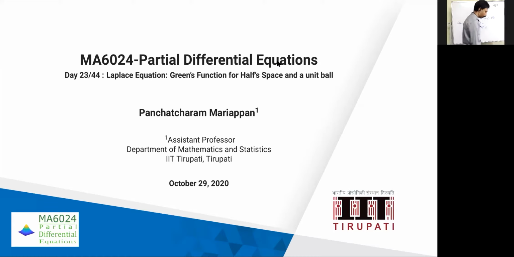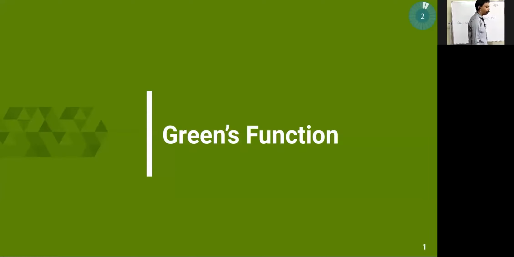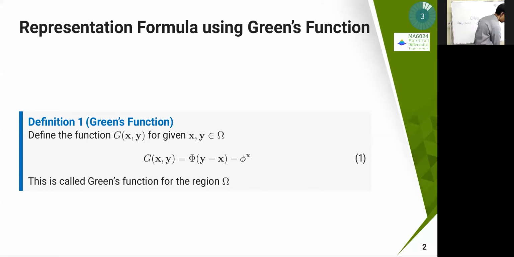Before that, one more theorem, or rather one corollary, of what we proved in the last class. We had a representation formula for the Poisson's equation. That representation formula gives us a relation for u of x in terms of an integral over omega involving G of x, y,